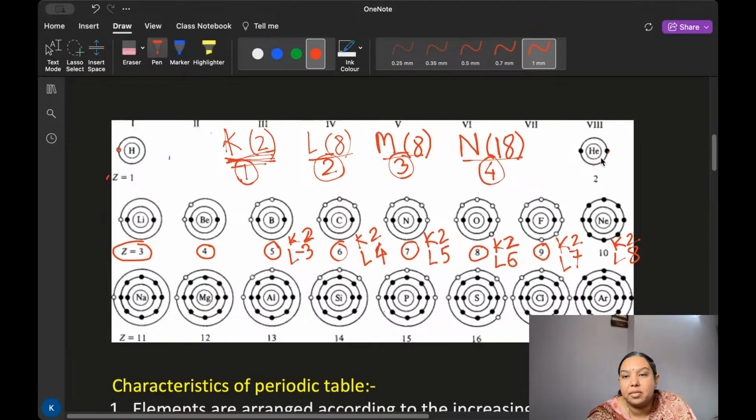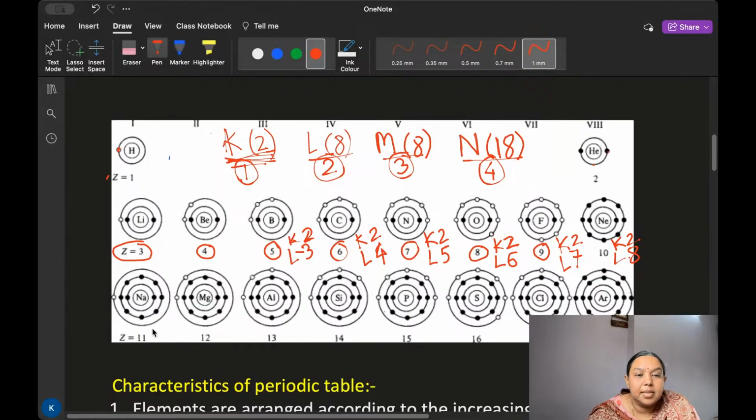They don't react. They have already fulfilled their orbits. K orbit is filled in helium. In neon also K orbit is filled and L orbit is also completely filled. Here we see the maximum capacity of L is 8 and it already has 8. So they are inert gas elements. They don't react. They neither give their electrons, nor share their electrons, nor take any electrons from any other atom. Then let us move to the next